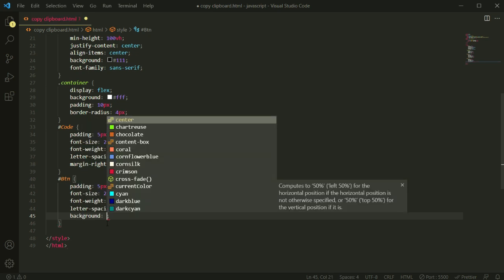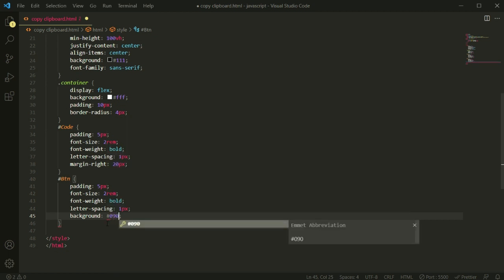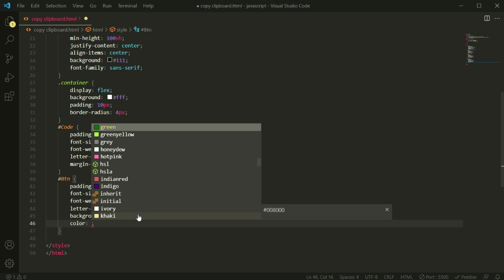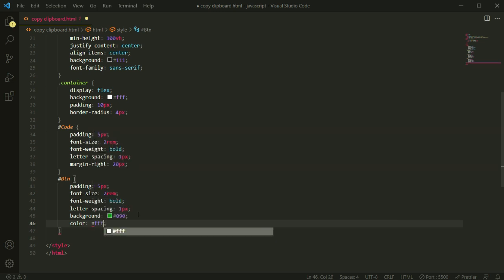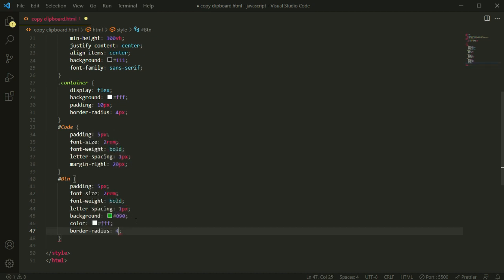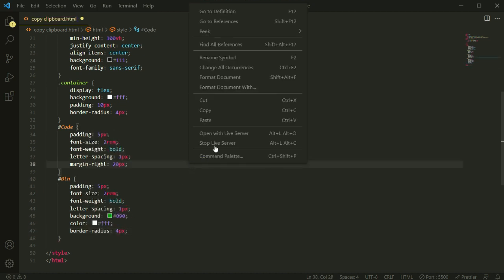Here I'm going to add a background, that is hashtag 090, and we will apply this color, hashtag FFF, and let me add a border radius, that is 4 pixel, and let's see the viewport.